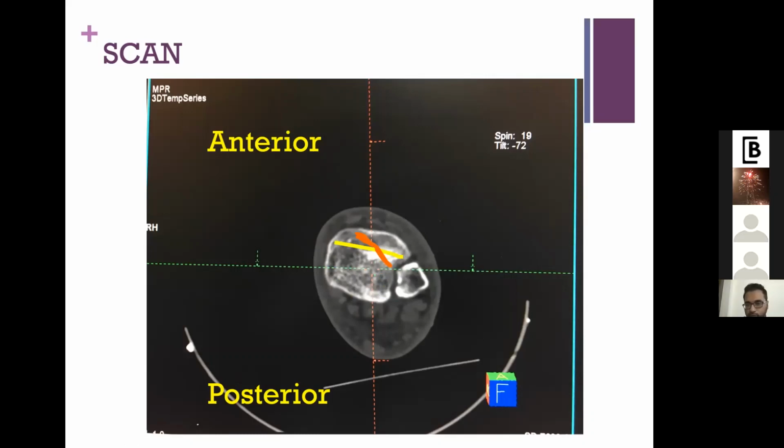a lot of insight into the surgery you are going to perform, and it will decide what you are going to do intraoperatively. So for me, the most important thing is to read the scan by yourself, understand the fracture pattern, where the fractures are, and what fragments are there. That decides your intraoperative steps, and that decides your outcome later on.